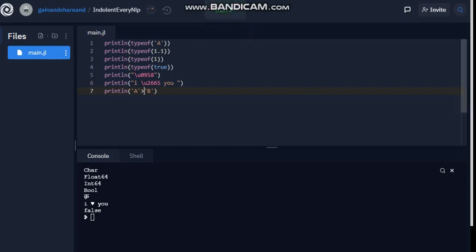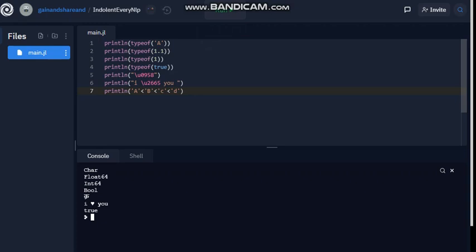Then let's do it in another way. If you run it, you'll get True because all these values are in a specific sequence.